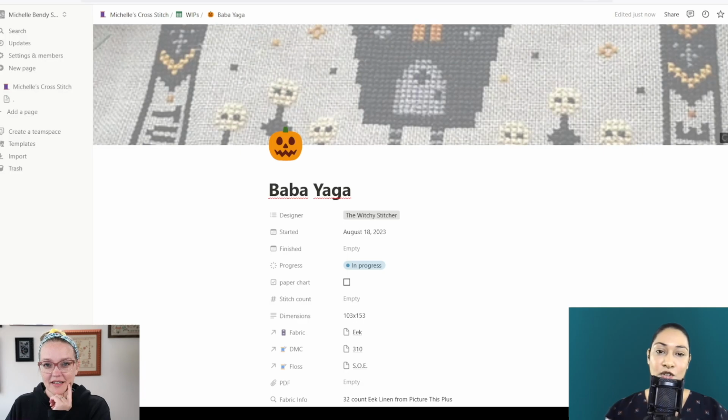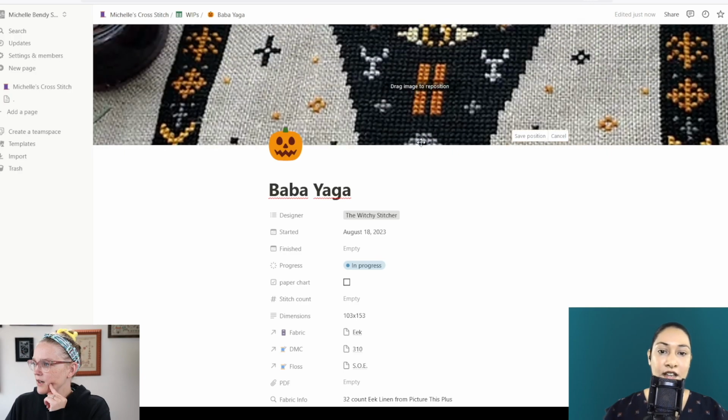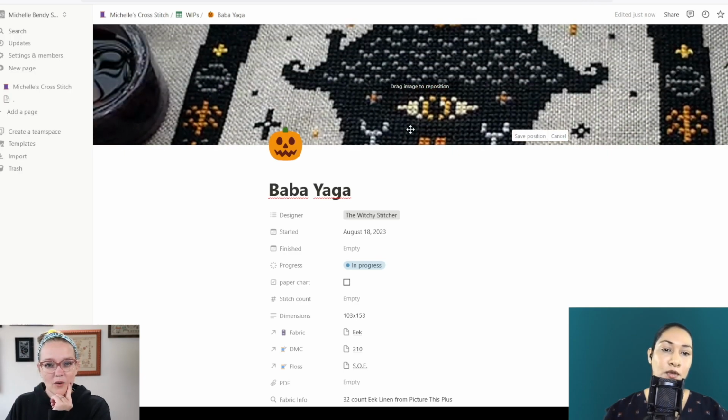So yeah, you can choose that. And then you can reposition that. So if you click on reposition, you can move it down a little bit. Cool. However, if you go back to your main page